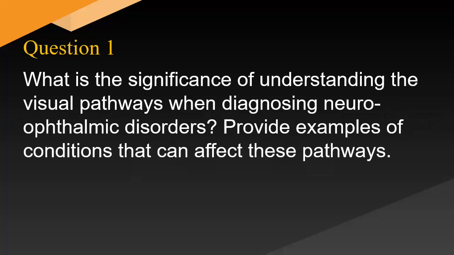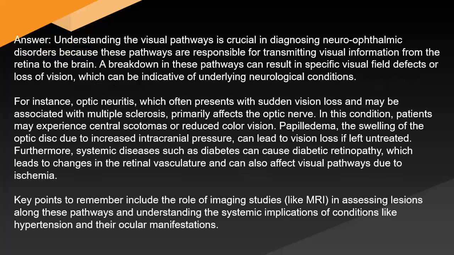What is the significance of understanding the visual pathways when diagnosing neuro-ophthalmic disorders? Provide examples of conditions that can affect these pathways. Answer: understanding the visual pathways is crucial in diagnosing neuro-ophthalmic disorders because these pathways are responsible for transmitting visual information